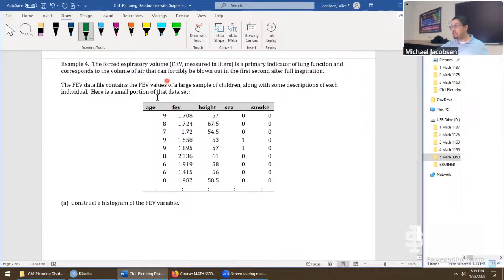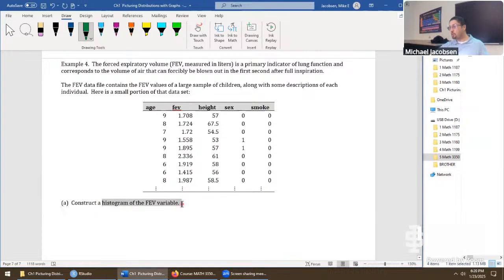And in this data set, we have loads of children where the FEV has been measured, as well as height and sex. 0 was the coding variable for female, 1 is for male. And the smoking variable here is whether the child was smoking or exposed to secondhand smoking, I'm assuming, in this data. There's lots of zeros, but there are ones here to say the child was smoking. So there's probably a big relationship between FEV and whether the children smoke or not, but we'll see what that looks like when we get back into chapter 2.